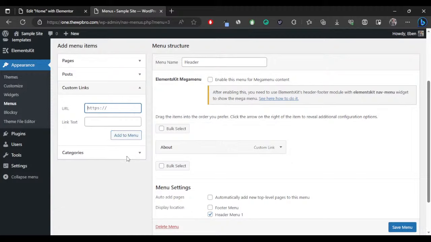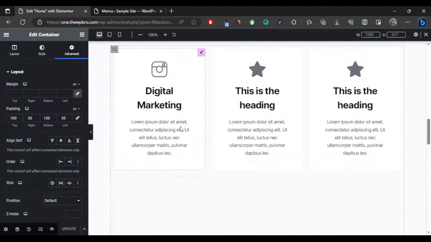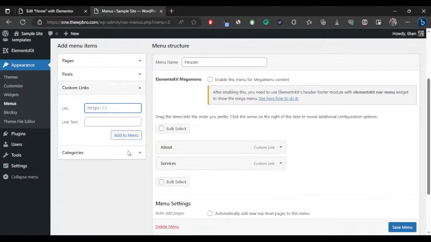We're going to paste the domain name, and then we use services in our CSS ID. Be careful, make sure you use the CSS ID you use in this area. If you do not use the same CSS ID, this thing is not going to work properly for you. So let's select services, add to menu. The next one we have is features. So we're going to paste this, and then I'm going to put the hash sign, and then we're going to have features, and here we're going to have features,